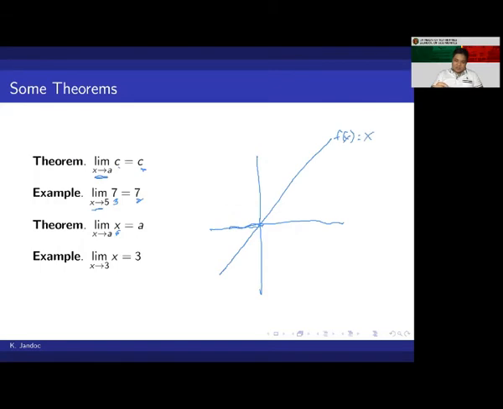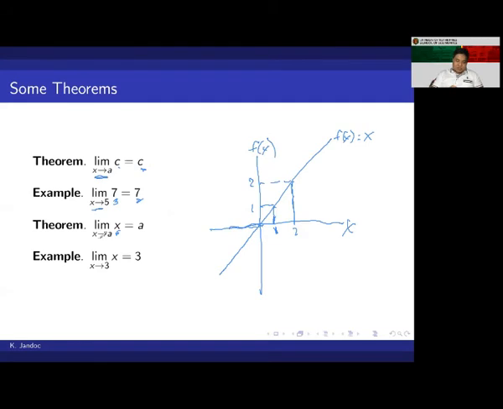F of x is equal to x. So when x equals 1, f of x equals 1. This is f of x, this is x. So when x equals 1, then f of x equals 1. If x equals 2, the value of f of x is equal to 2, and so on and so forth. So if you have this function,